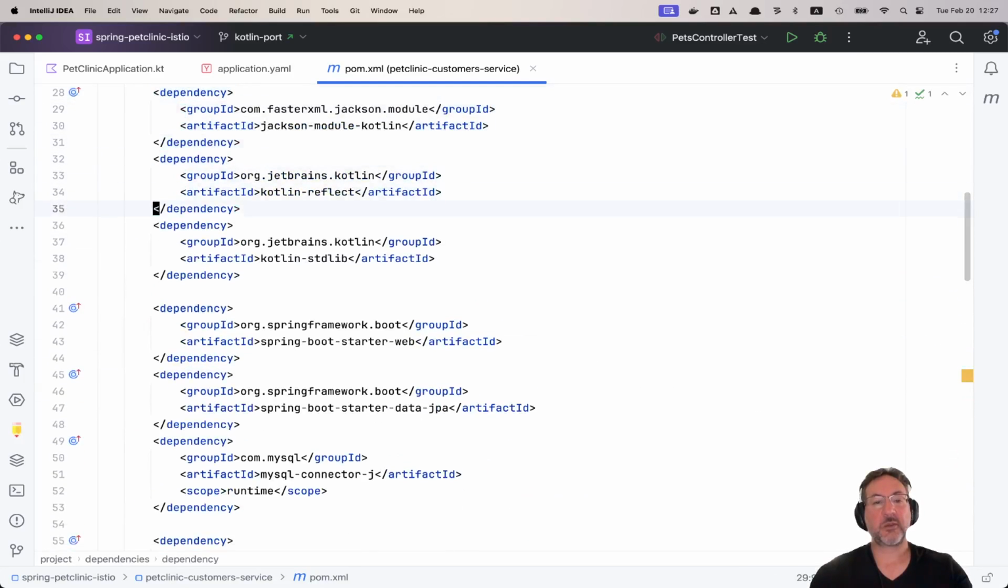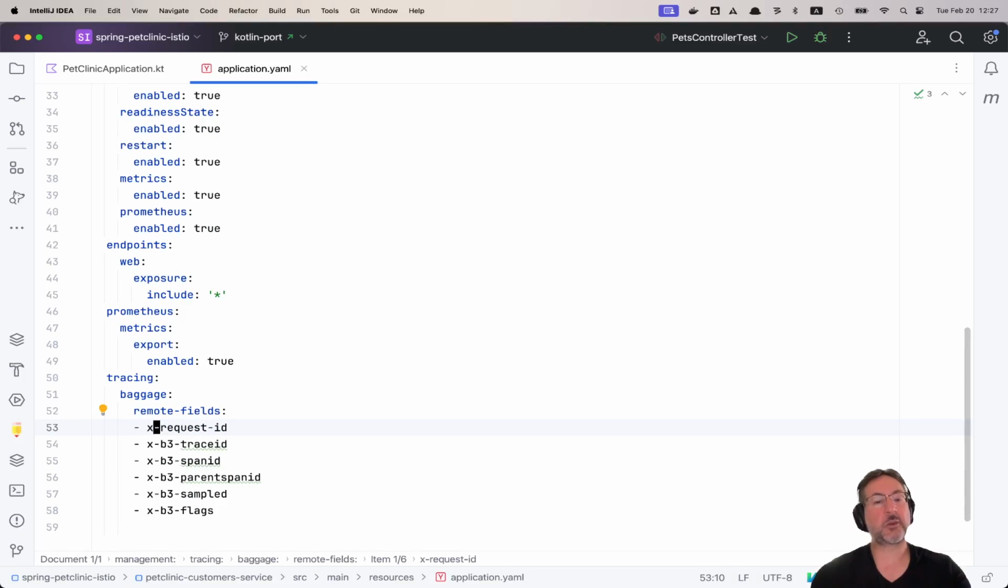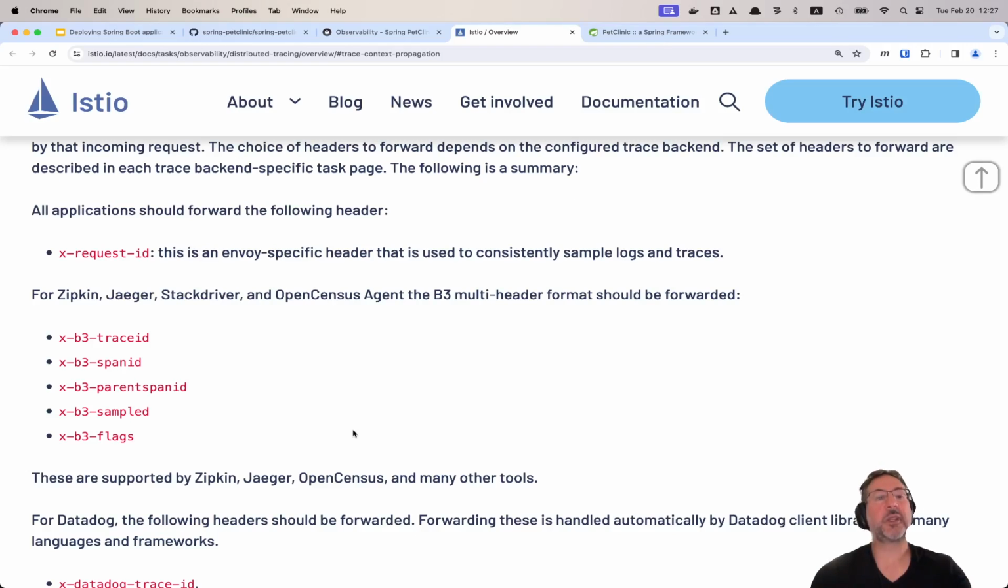Somewhere on this list, you will find micrometer tracing right there. And there are multiple implementations. There's an OpenTelemetry one, there's the Zipkin one, and so you can pick whichever one suits you best. And you've got the trace header propagation implemented, which is superior, in my opinion, to say, if you